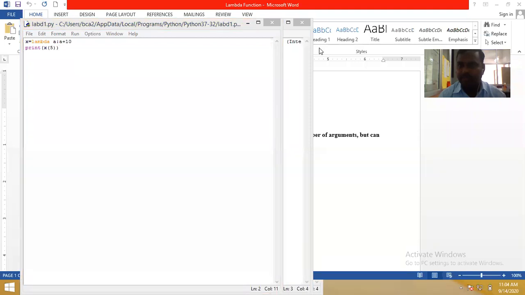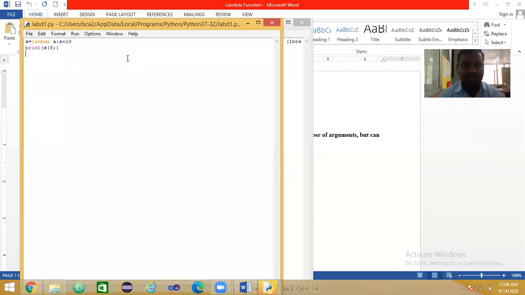If I execute this, it is a teeny small anonymous function. So what it does, a takes the 5, then 5 plus 10 is 15. It returns to the print function. So that is the execution part of the program.